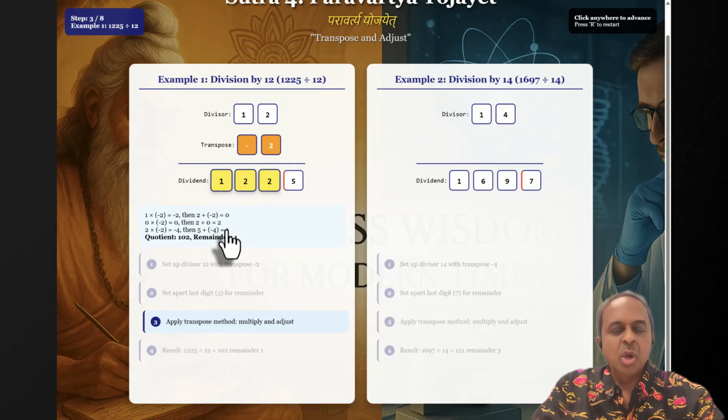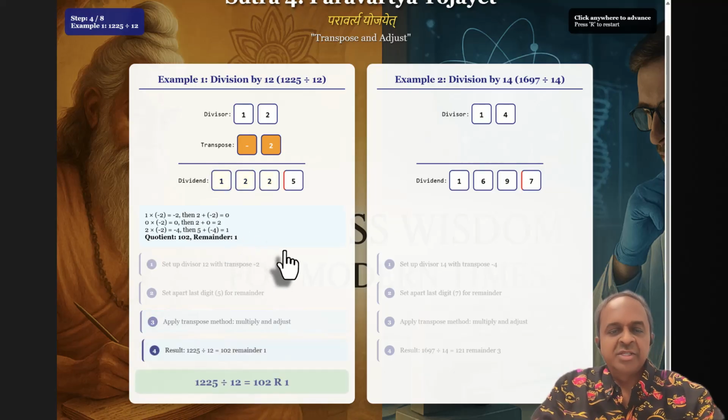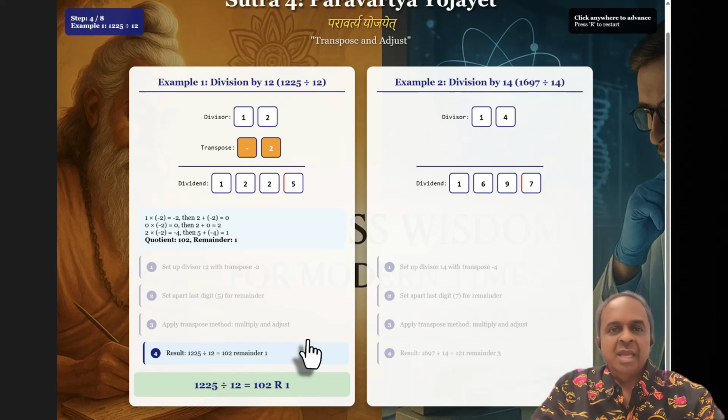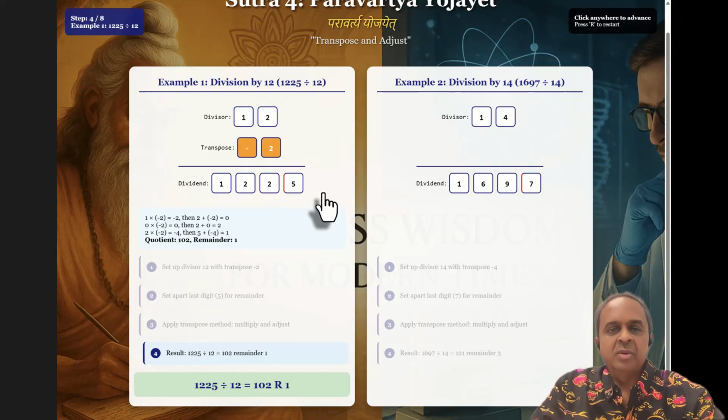So what happens, your quotient for the answer is 102. That's 102. And the final remainder, 1. Right? So that's the result. 1225 divided by 12 is 102, remainder 1. So you saw how easy it becomes to do this kind of division by using the transpose method, right? Transpose, adjust. So you take the transpose, and what's adjust? These are the adjustments you're making here. Okay. So let's look at another example,